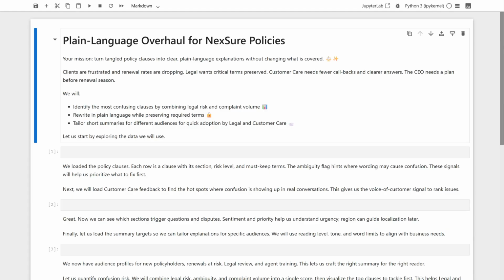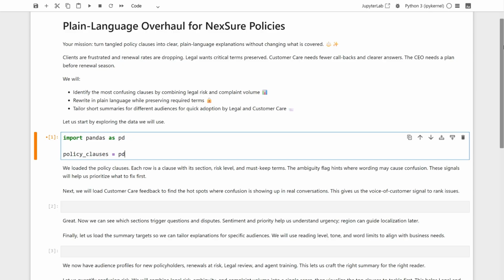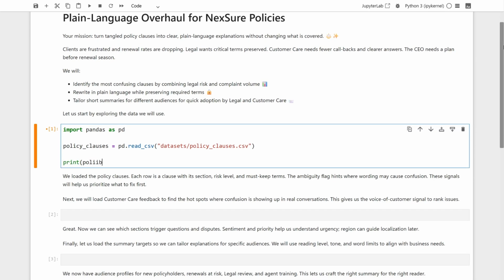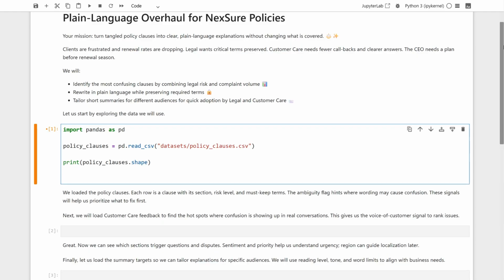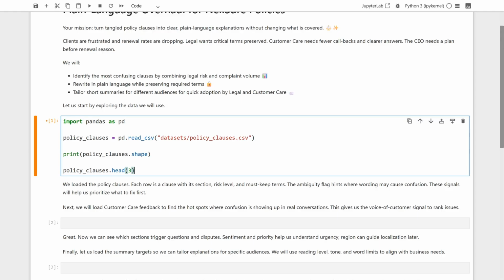All right, let's start by exploring the data we'll use. To kick things off, let's import Pandas, our go-to tool for working with data in clean, table-like structures. Now we'll load the policy clauses file from the datasets folder and store it in a data frame called policy clauses, so it's easy to analyze. Quick size check. Let's print the shape to see how many rows and columns we just loaded. Let's also peek at the first 3 rows, just to confirm the columns look right and the values make sense